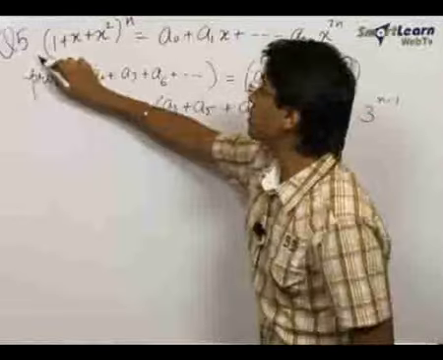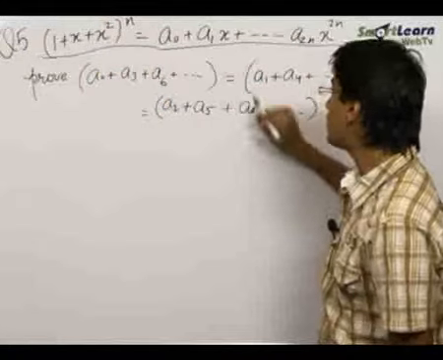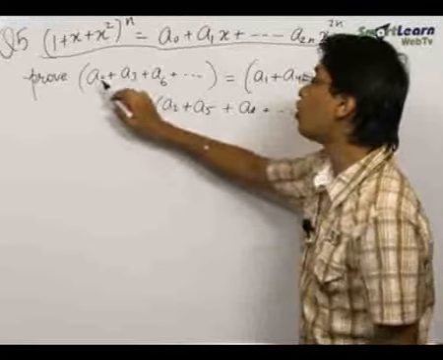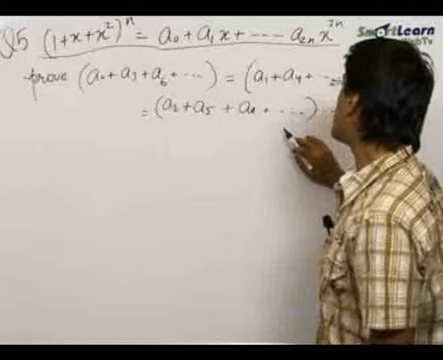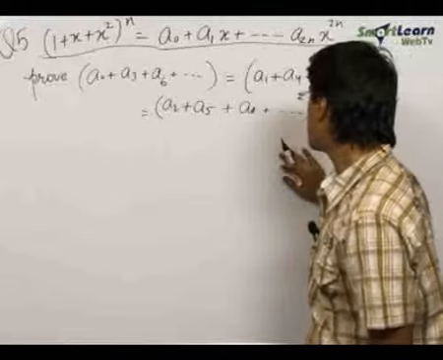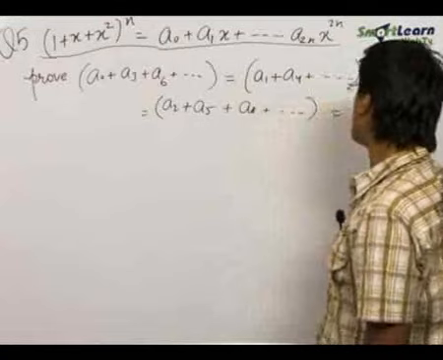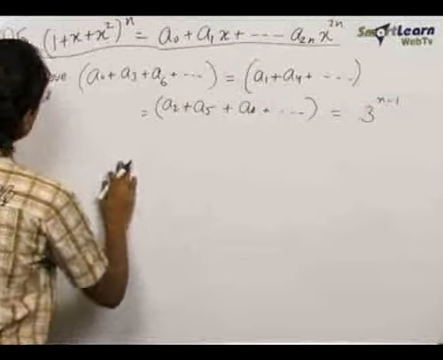We are given an expression (1 + x + x²)^n = a0 + a1x + up to a2n x^2n, and we need to prove that a0 + a3 + a6 up to the last term is equal to a1 + a4 + a7 up to the last term, is equal to a2 + a5 + a8 up till the last term, is equal to 3^(n-1). So what we need to do is,